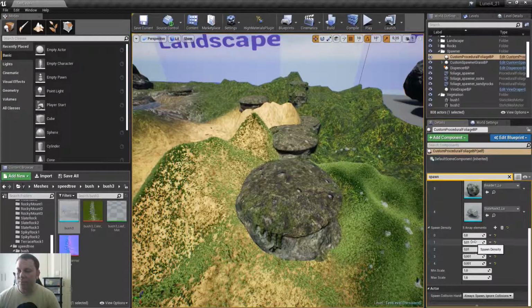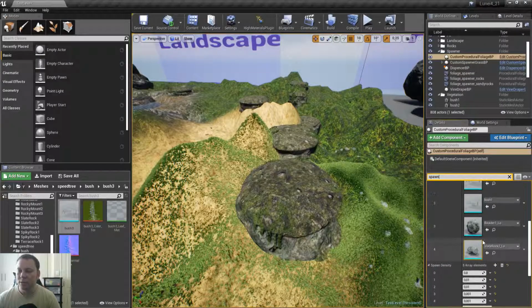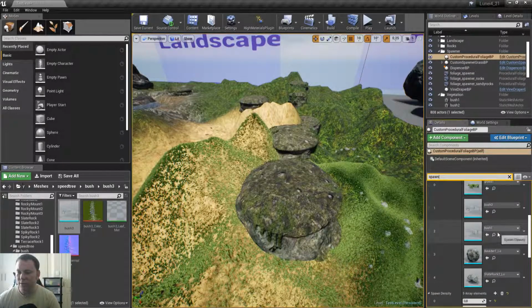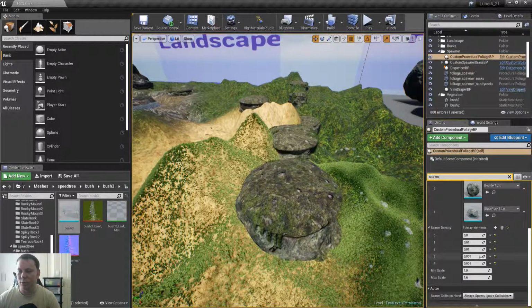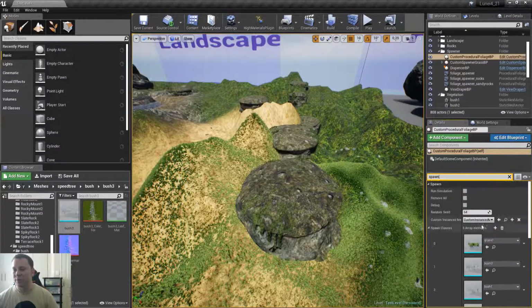And for this guy here, the algorithm actually uses a grid. It breaks the mesh up using its extents into a grid, and then moves across the mesh in a grid fashion, deciding when to spawn based on the density. So there's going to be a lot of grass, a few of these bushes, and then a lot fewer of these boulders and rocks. So if I hit simulation,